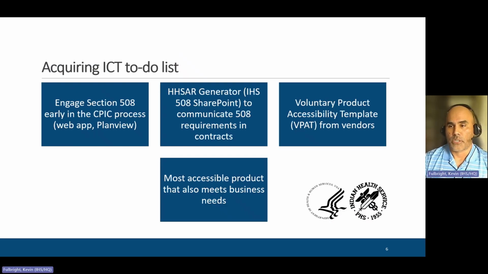When you are purchasing digital products or services, it is important to think of Section 508 from the start. If you do not, it becomes more expensive to remediate and retrofit the acquired solution. Most importantly, time is wasted for customers and stakeholders with disabilities who need that solution to complete their duties and tasks. Section 508 applies to all ICT micro purchases and major acquisitions.